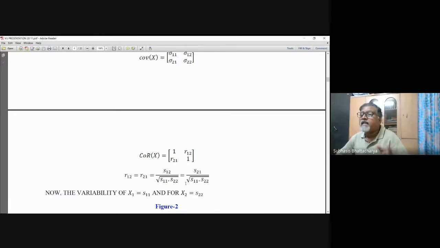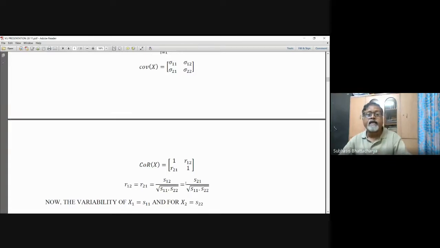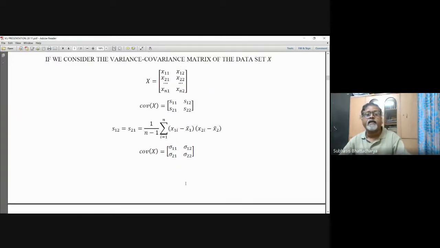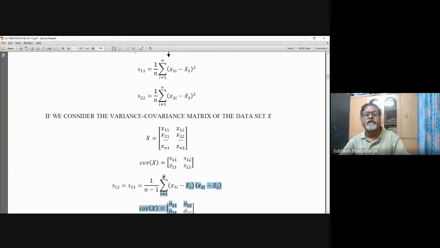So the diagonal elements of the correlation matrix are unity, because they express the self-dependence, but the off-diagonal elements express the correlation between x1 and x2. That is given by R12. It is a simple correlation formula: S12 divided by the square root of S11 times S22, and this S11, which was derived earlier,